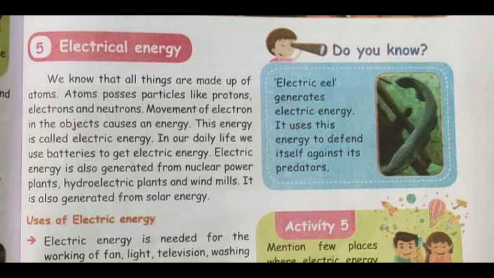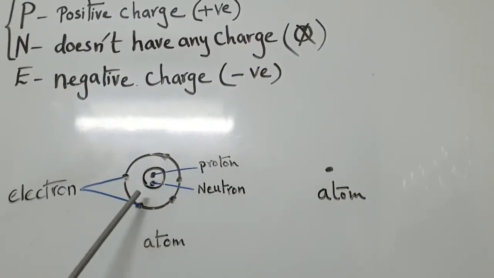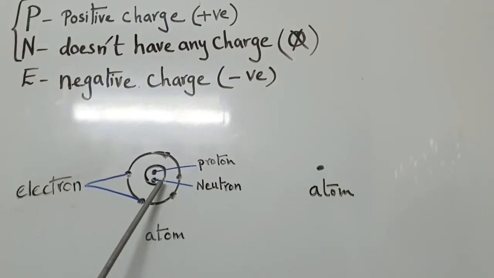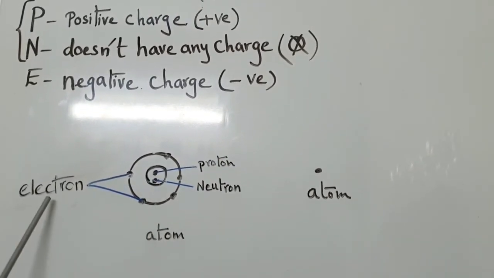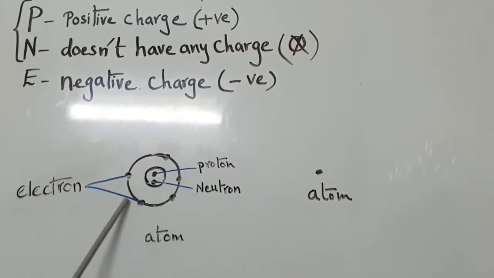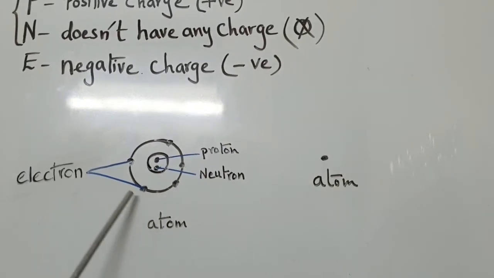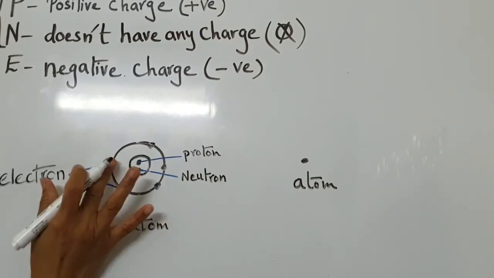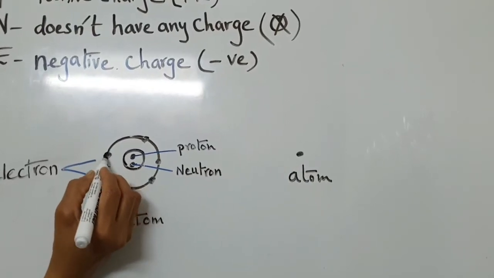Now I will explain with the help of a diagram. This is an atom. I have enlarged the same atom in this way. Look at this atom. The center of the atom is filled with proton and neutron, and the electron is present outside. Look at this diagram carefully. How we are walking, in the same way electrons also move. The same electron will move from here to here.